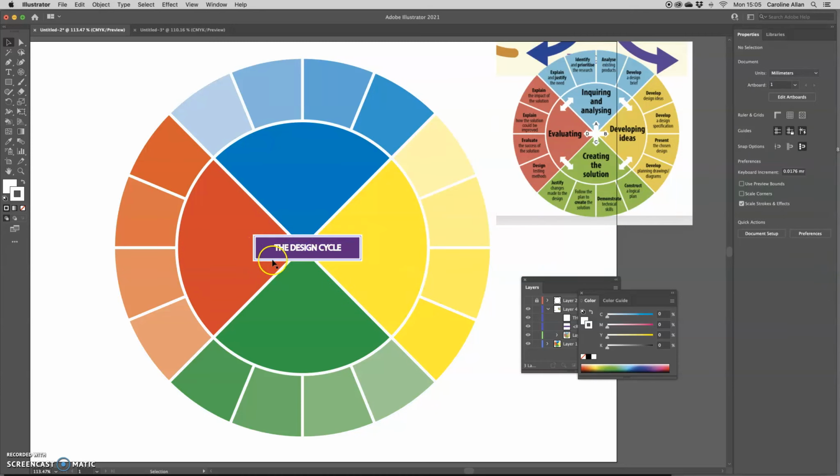But accidentally I've stroked the box, and I quite like that, so I'm going to leave it. Be open to errors. Sometimes they work in your favour. So I'm going to lock everything now, and the final thing that I wanted to show you was just when